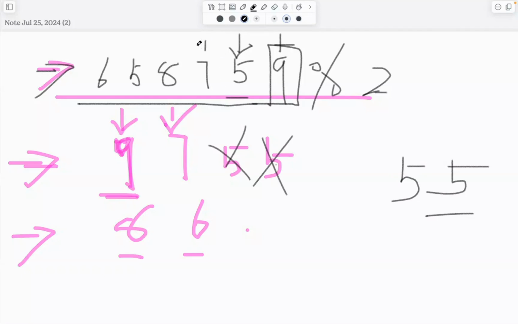Now go to here, 7. We know 7 is still an odd number, so it should go here. And then we go to the next number. We know A is an even number, right? So here we need to append A before the